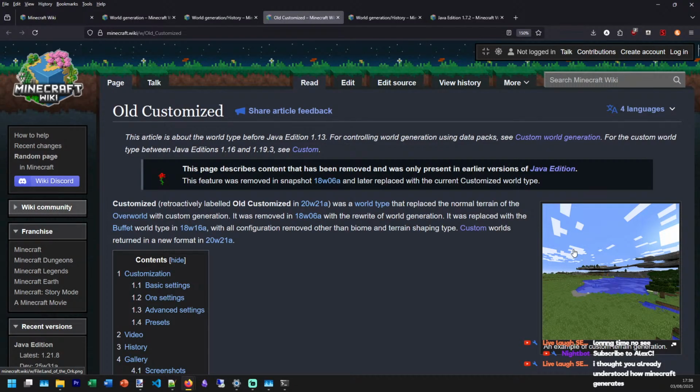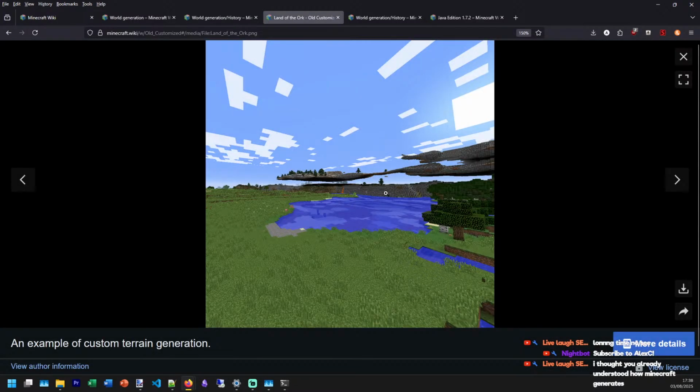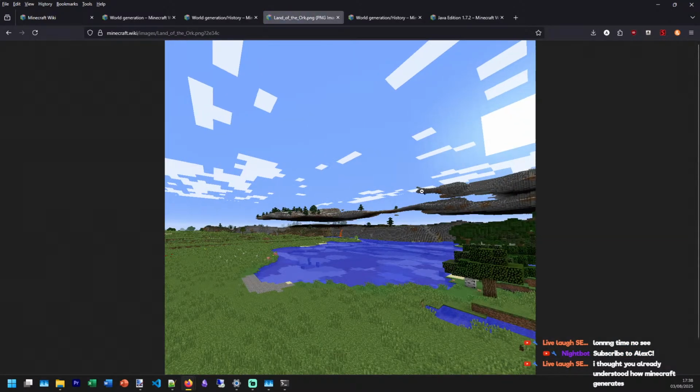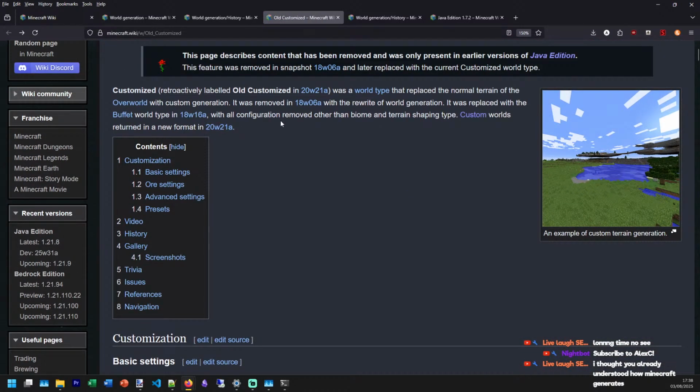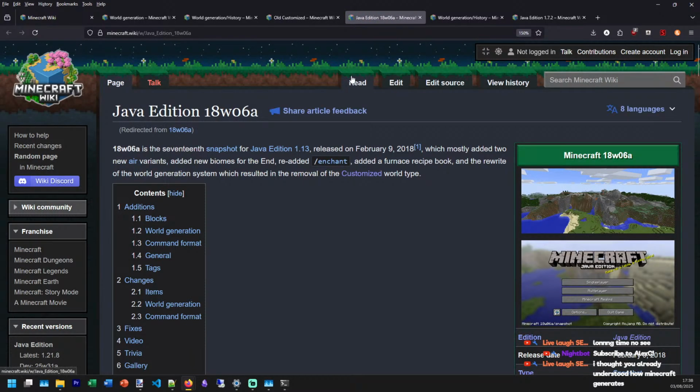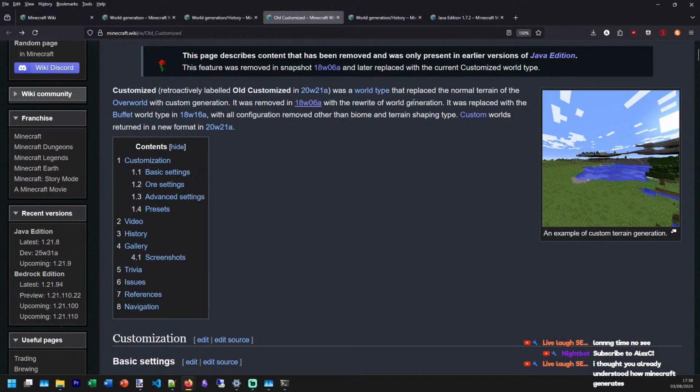Now, isn't that funky? Wow. What happened in 2018? Oh, 1.13. Chat, it's all coming together now.